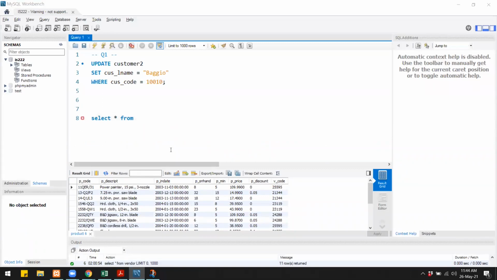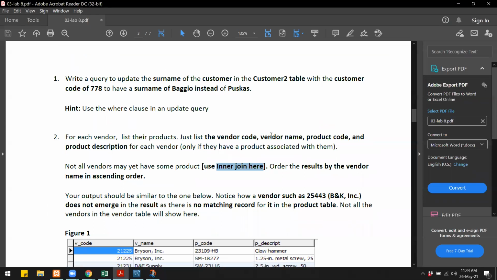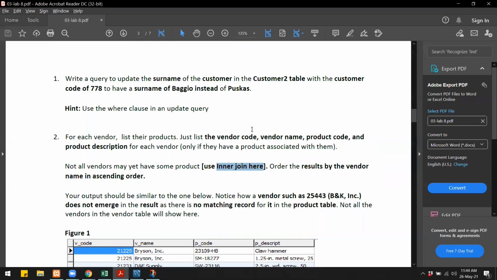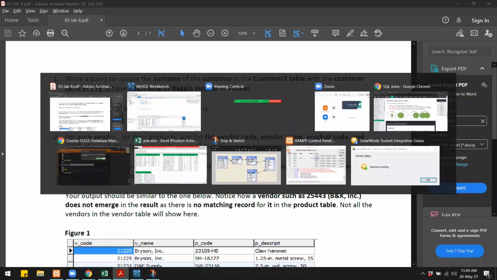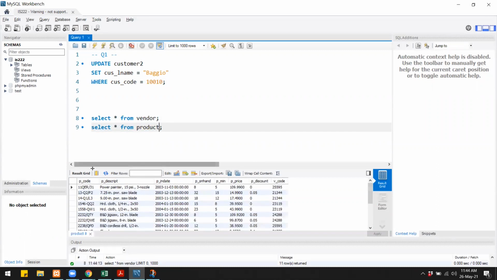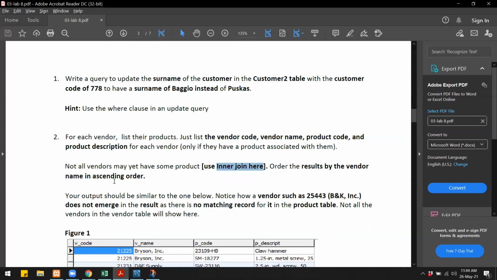Now before we join the tables, let us have a look at the data that we have in the tables. Now in here we have to select the vendor code and vendor name, so they are in the vendor table. So we are getting vendor code and vendor name from this table. Then there is product code and product description, but they are not in this vendor table. They instead are in the product table. So we have product code and product description over here. Now since the data is in two tables, then that means we need to select from both the tables, and to do that we have to use join. Now just as we have been doing joins in Microsoft Access, we have to use the same concept over here.